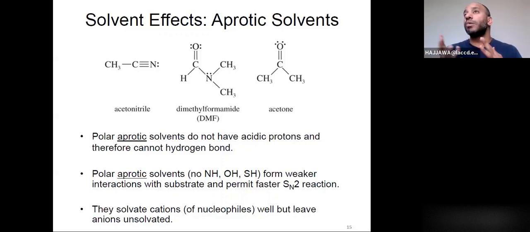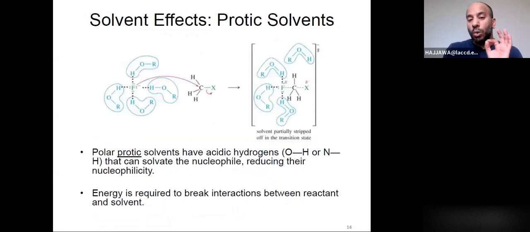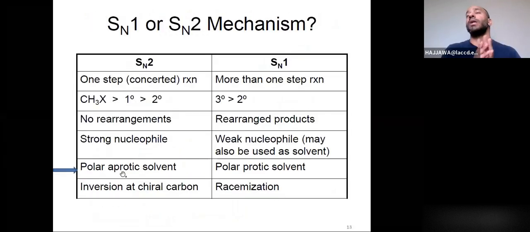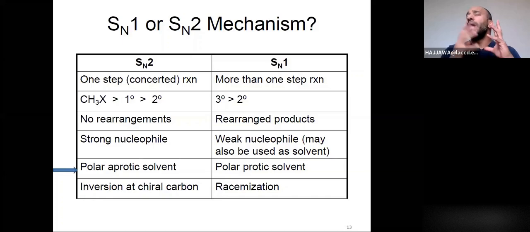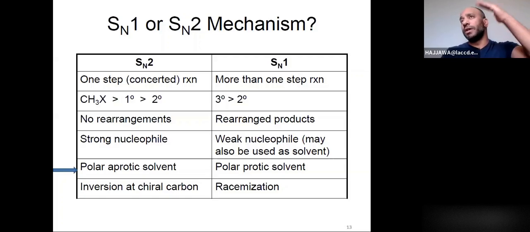And those polar aprotic solvents are usually used in SN2 reactions, and we're going to see why that is. The polar protic solvents are favored for the SN1 reaction, and we'll also see a justification for that. So now you are hopefully adding up to that third